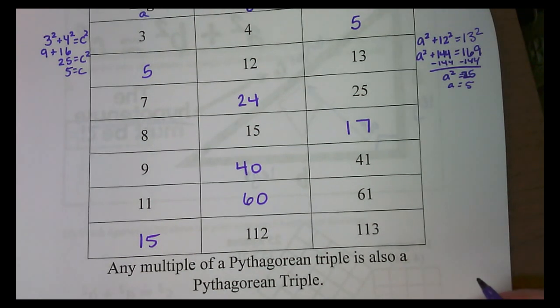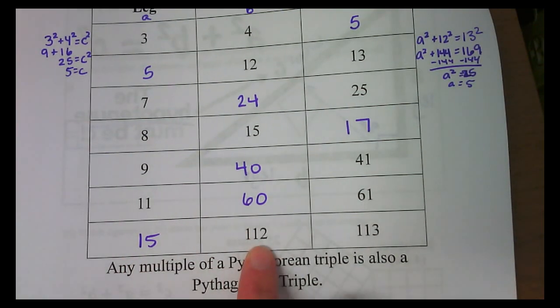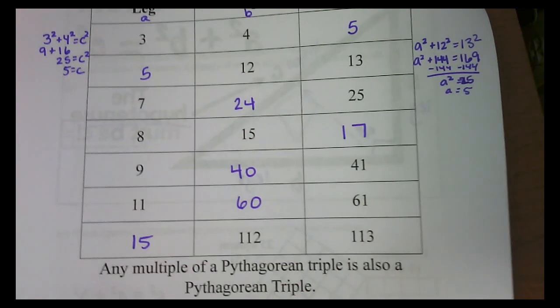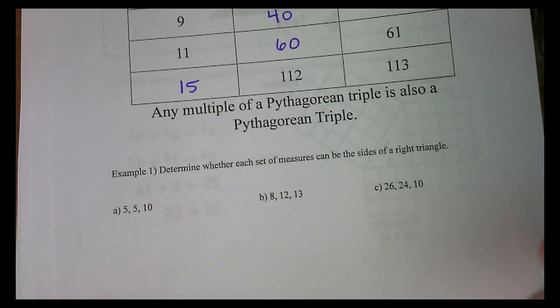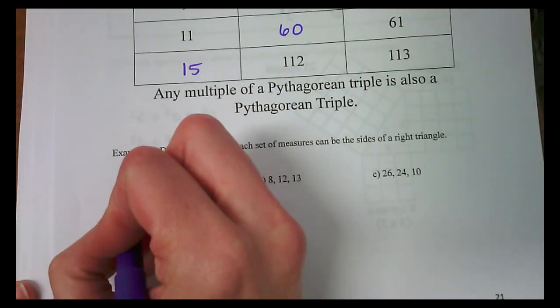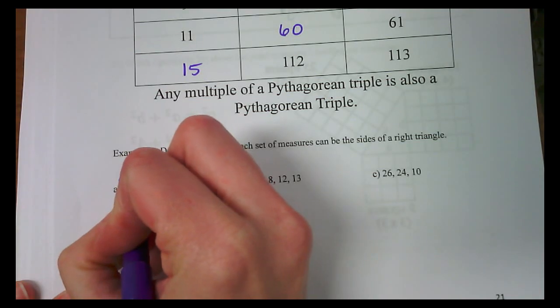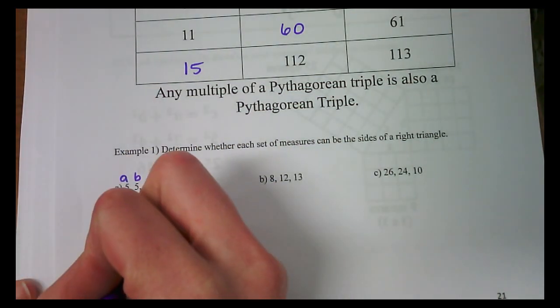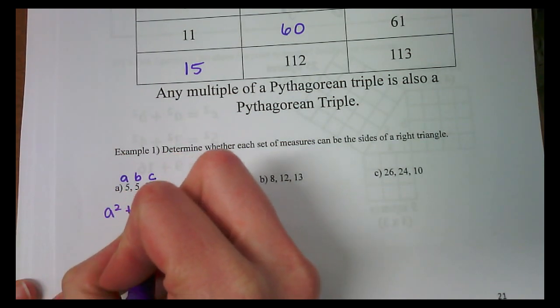Okay, so these special numbers, again, are called Pythagorean triples because they're 3 numbers that are integer values that work for the Pythagorean theorem. Okay, so example 1 says determine whether the set of measures can be the sides of a right triangle. So if we say the shortest is A, the medium is B, the longest is C, and we test it out. So if we follow the formula,